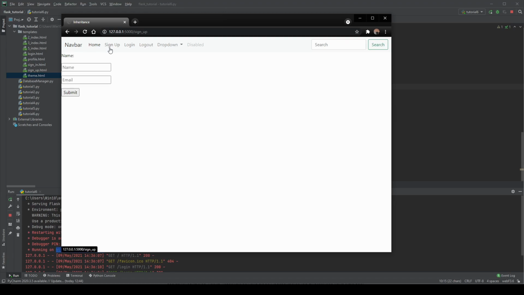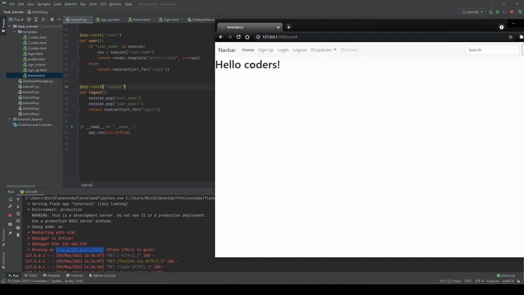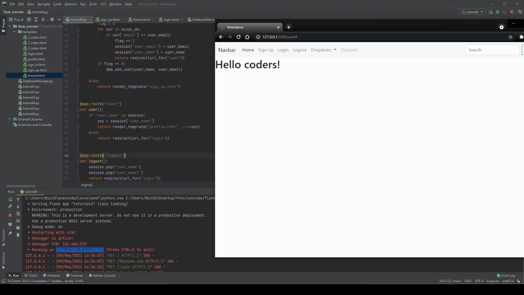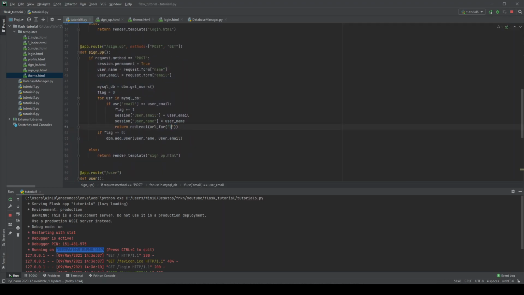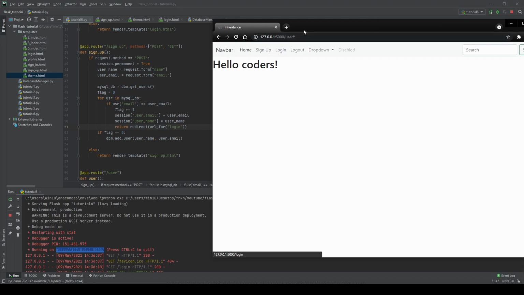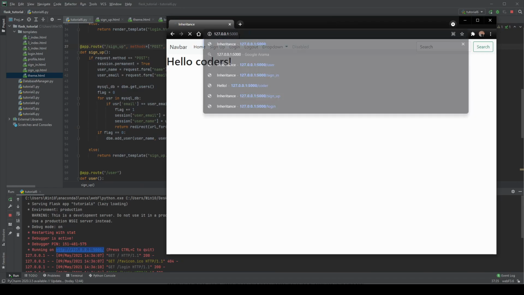again. So go to sign up, name, say coders, email coders.mail.co, and submit. Okay, yeah, it directly goes to profile page or user page in here. Okay, we will go to login actually, because I wanna make a user to go to login page after signing up. Okay, I'm saving this one and going to home page again,